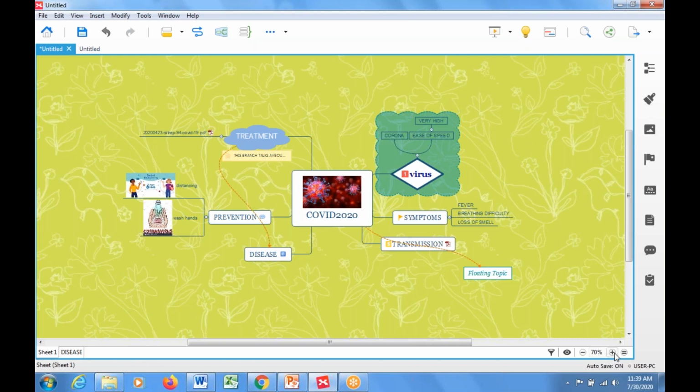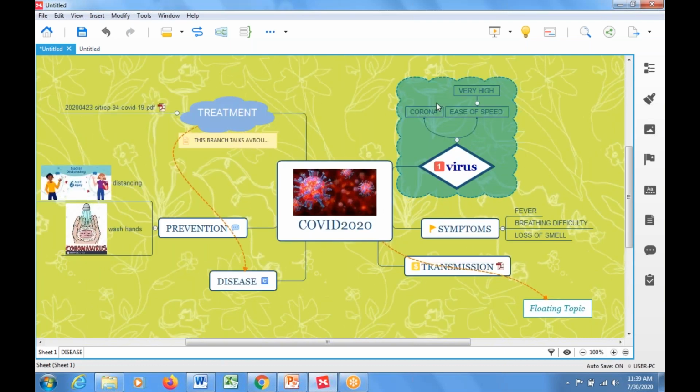So I have got a mind map. What I can do is save this mind map as a mind map file. I can give it to my friends or teachers, students. If they also have a mind map software that can read my file, they'll be able to read and access whatever I am able to access here.